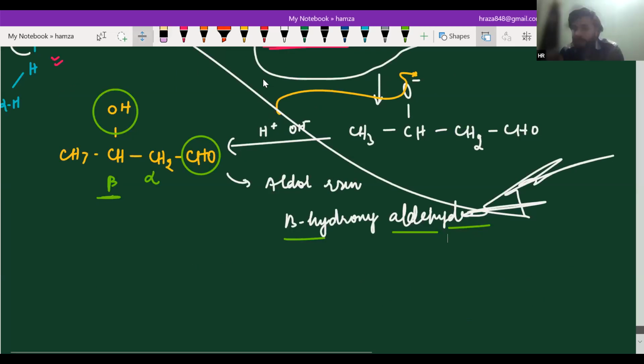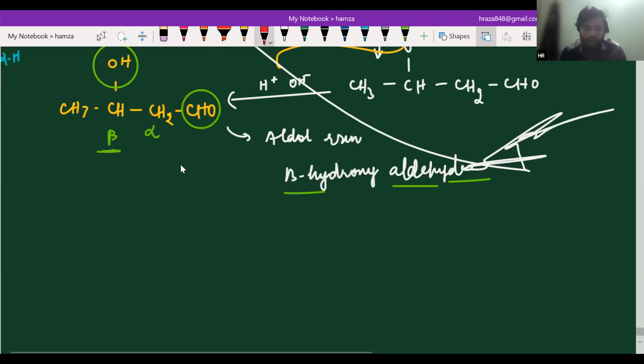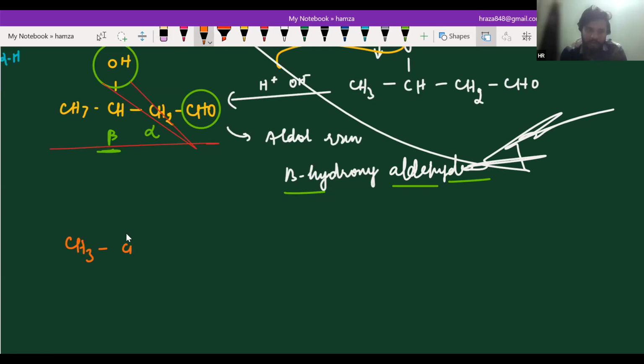What is aldol condensation? So I'm going to write this again with this CH3, and this is your CH, and this is your OH, and this is CH. I'm going to write it as H, and this is CH. So if you are going to again repeat this, if there is a question, write the product for aldol condensation. What is aldol condensation? Removal of water, condensation. So what you need to do, take out